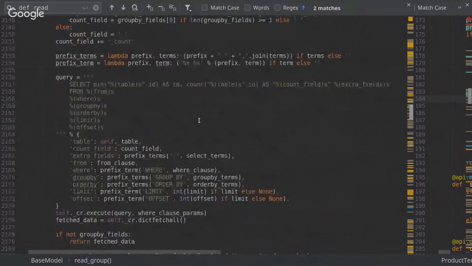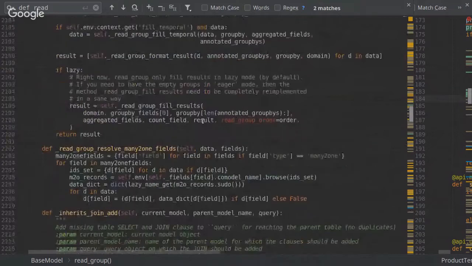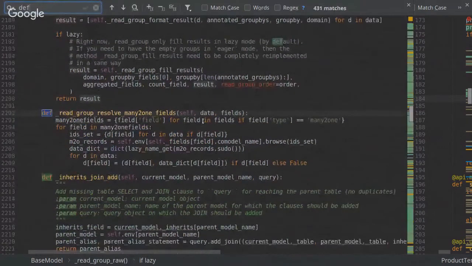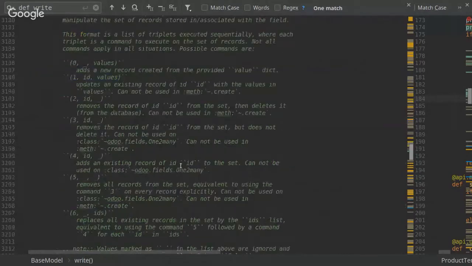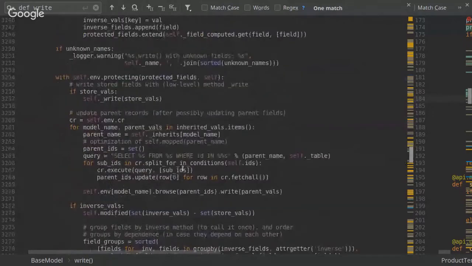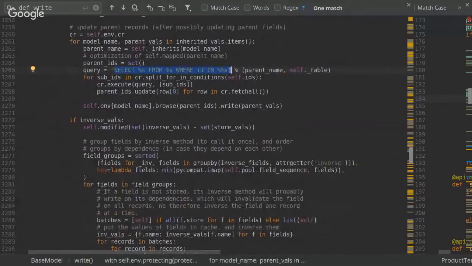Okay, I'm trying to navigate over everything. We have read, write. No, we did not check write yet. It's about updating the records with the provided values. That's it. It's just like update table set values equal. So I think we can also find something here. As you can see, it's here, and so there is some SQL,